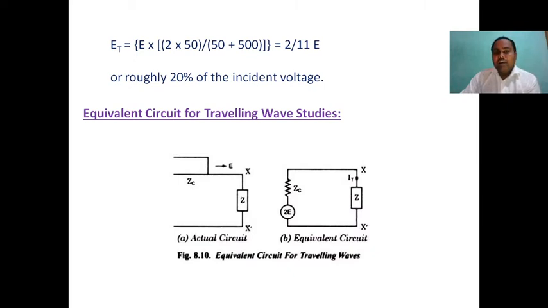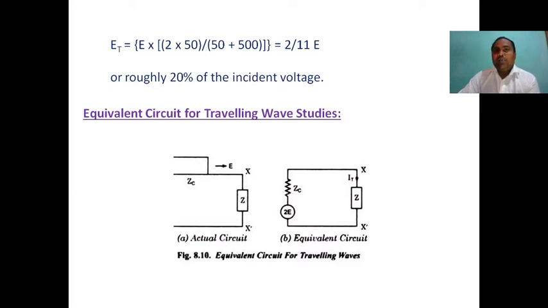So whenever the actual circuit is open circuit, what happens? Already we saw in typical cases of line termination. In open circuit condition, what happens? The same diagram, having ZC and the incident voltage E. Whenever the line is open circuited, what is the transmitted voltage? Tell me. The transmitted voltage in open circuit condition is definitely two times the incident voltage.